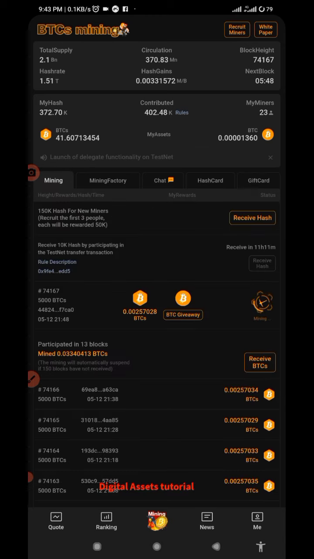So this app is very deep, but I have to explain my own part because I have been mining this thing since December, but I didn't understand it very well until last week, when I did some research and read everything from A to Z, and I got everything clearly. So I just have to explain a little from the little I know. That's about my hash. It is my hash that will make your